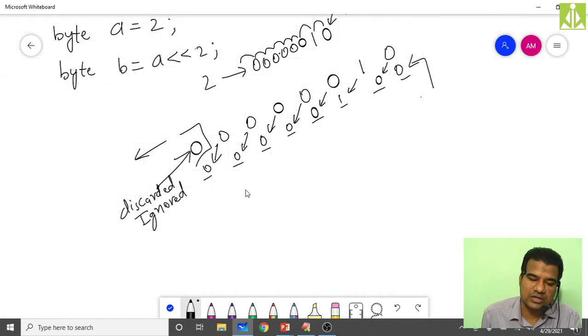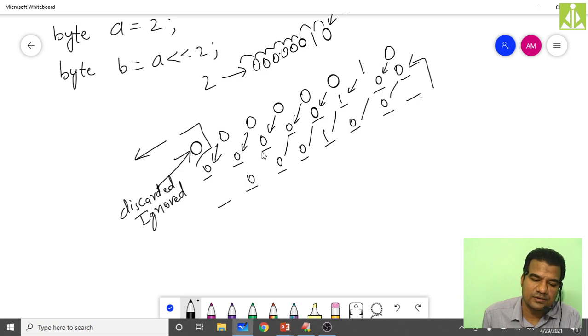So perform one more time. Take the bits 1, 2, 3, 4, 5, 6, 7, and 8. So now what will happen? This 0 will come over here. This 0 here. This one here. This 0 here. Likewise, all the zeros you will get. This 0 over here. And this 0, as we don't have any place,